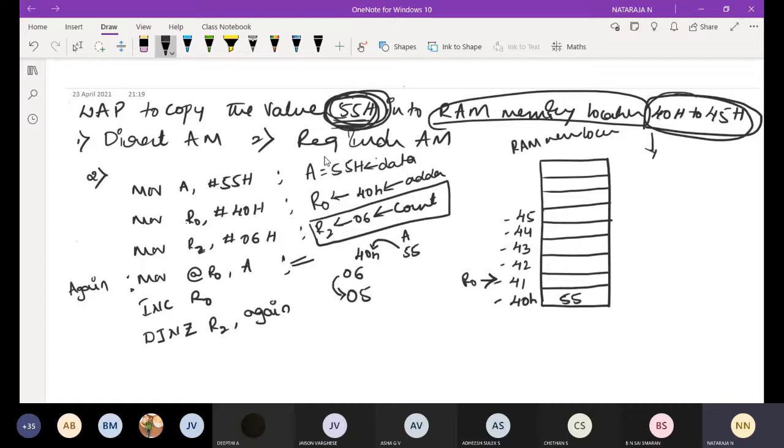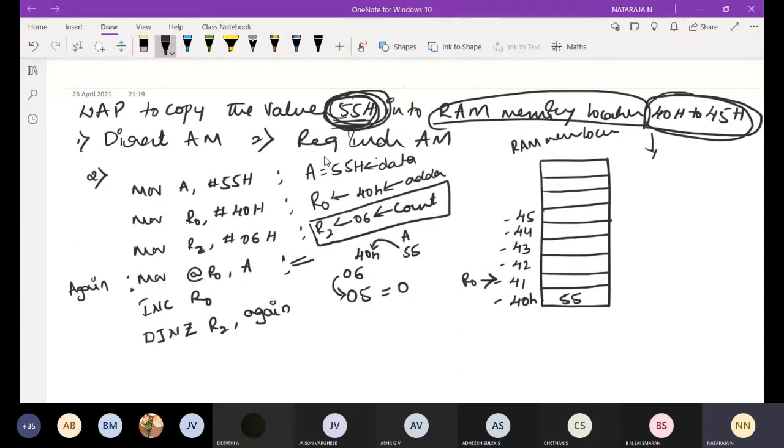Decrement, jump if not equal to 0. Is this 5 equal to 0? No, sir. See, these instructions we will discuss in later classes.